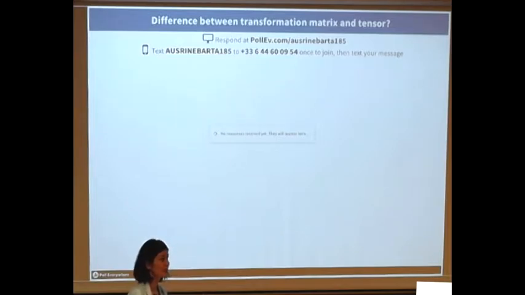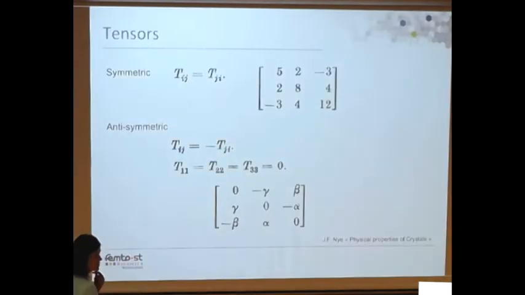For example, second order, like 9 coefficients and 9 coefficients. Okay. So the tensors might be symmetric and antisymmetric. When we say the tensor is symmetric, it means the diagonal can be any number, okay? But across the diagonal, for example, the 1, 2 and 2, 1 components are equal, okay? 1, 3 is equal to 3, 1. So it means that if we replace ij with ji,